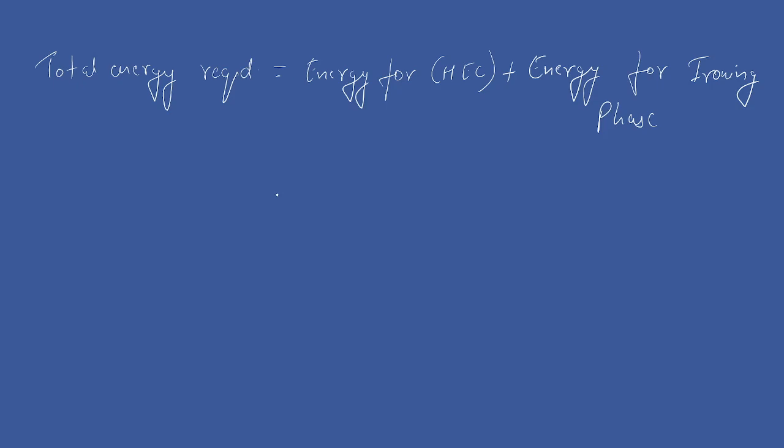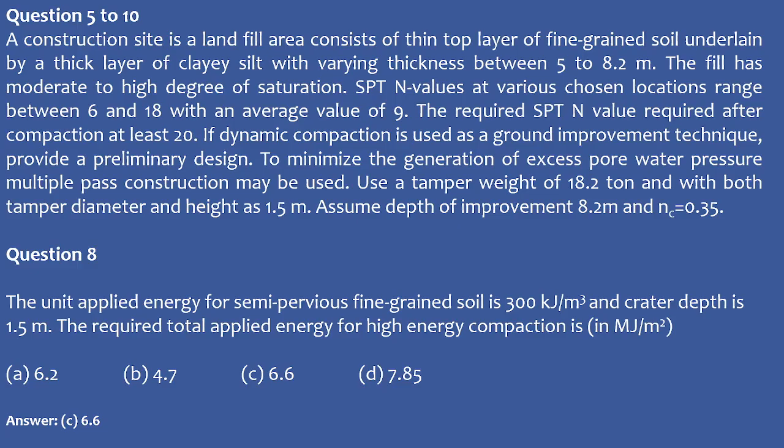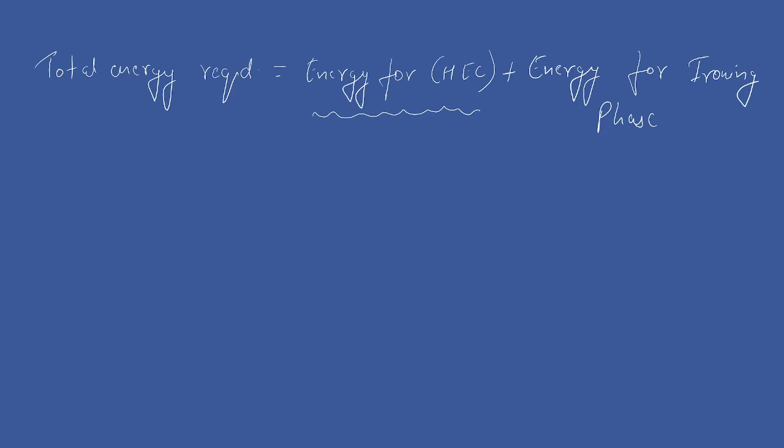So we need to calculate the energy required for high energy compaction. Since the crater depth is given, we know how much energy should be applied for the ironing phase. So energy for ironing phase